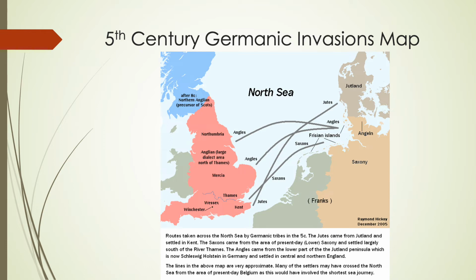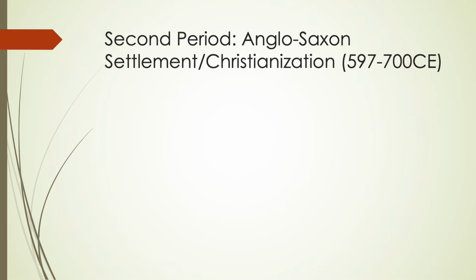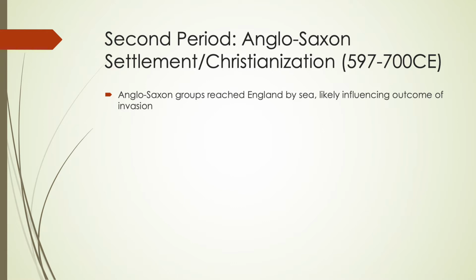After these invasions took place, after the Teutonic tribes settled in, we see a period of Anglo-Saxon settlement and a period of Christianization. This is from 597 to about 700. We know that the Anglo-Saxon groups reached England by sea, and this likely influenced the outcome of the invasion. Rather than having overland invasions, which could create different dynamics in how you can invade and take over things, the influence of them